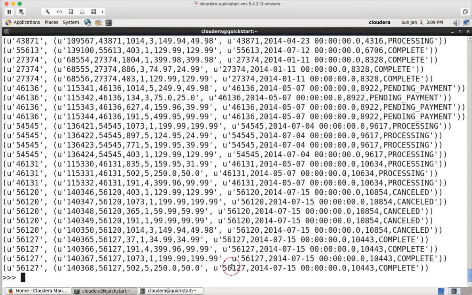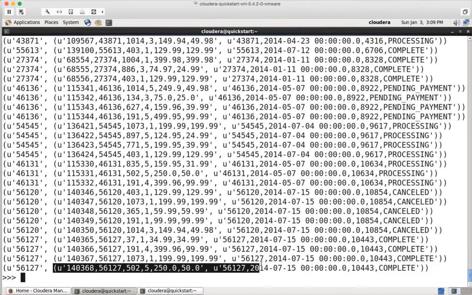And here from orders, this is order ID. The first field is order ID. The second field is order date, and the third field is customer ID for that order. So now if you try to understand, this is a tuple in which order ID is the key for this tuple, and value is another nested tuple, in which it has